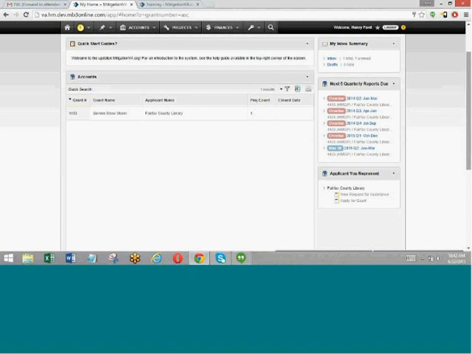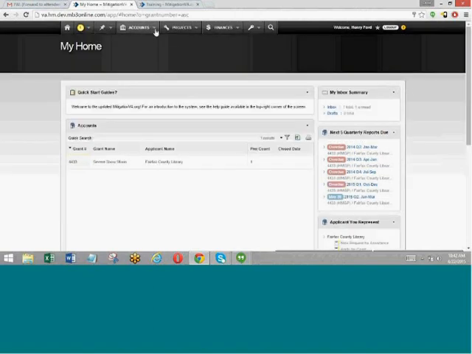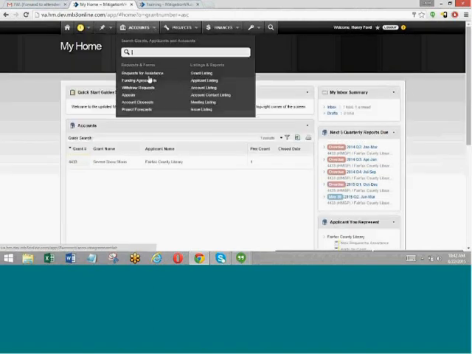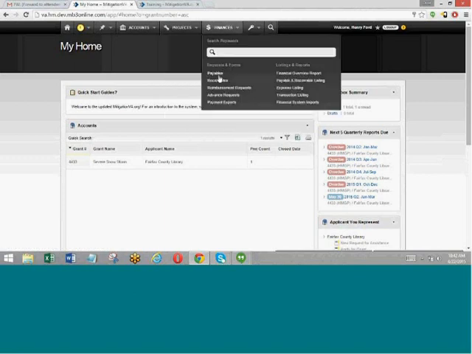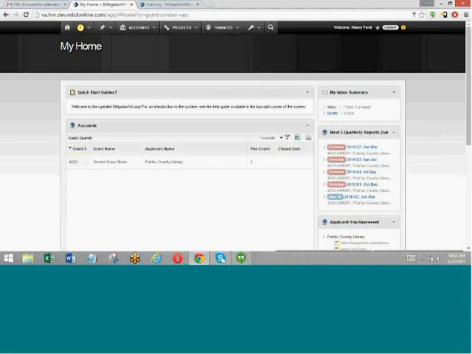Like I mentioned at the top here, we have the main navigation bar. So from here, you can generate listings by clicking on any of these links that you see listed here. For example, you can go and generate a project listing. You can generate a listing of all your applications or worksheets, time extensions, etc. You can also go and generate a listing on any payables or payments or reimbursement requests that you might have, etc. So all these listings or financial reports you can generate through the main menu section.